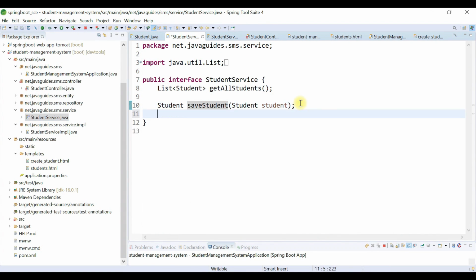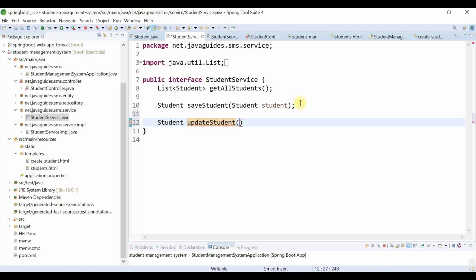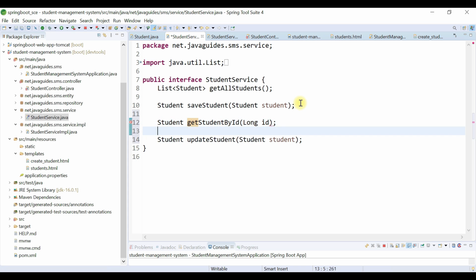In StudentService, we're going to add a method called updateStudent, and then just pass the argument as Student. And apart from that, we're also going to create one more method which will get a student by ID, getStudentById, and then just pass the ID as a method argument.